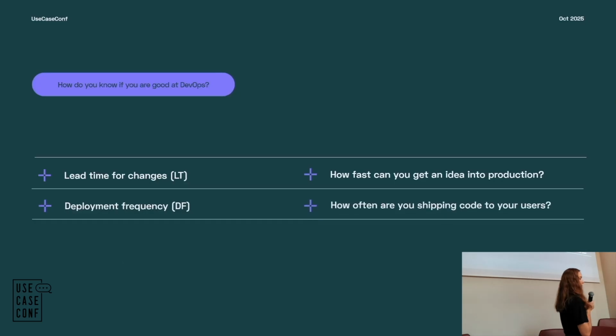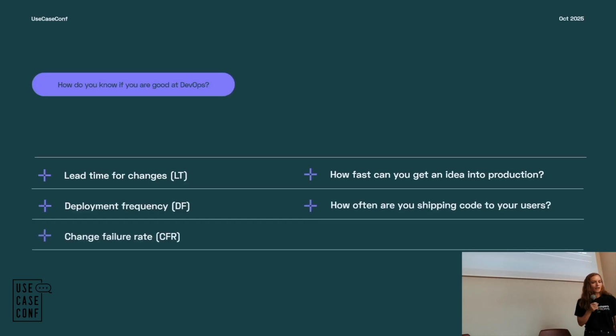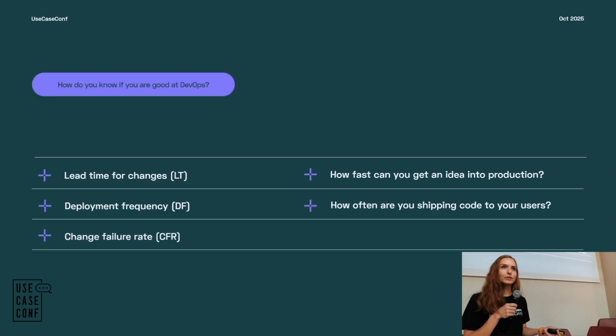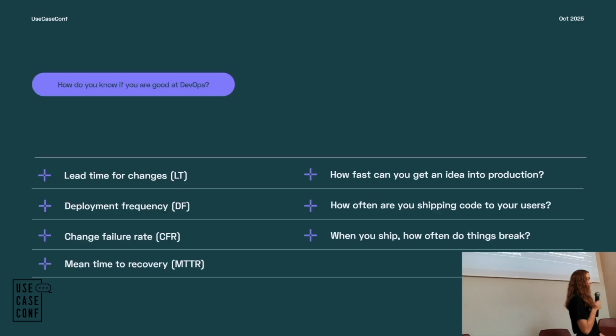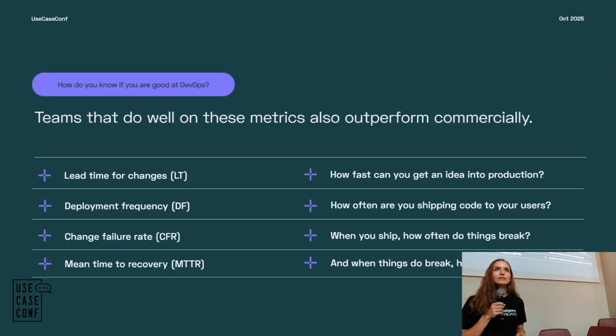How often are you shipping code to your users? Or your change failure rate: when you ship code, how often do things break? And lastly, your mean time to recovery, which is when you break something, how quickly can you fix it? And we know that teams who do well on these metrics also outperform commercially.